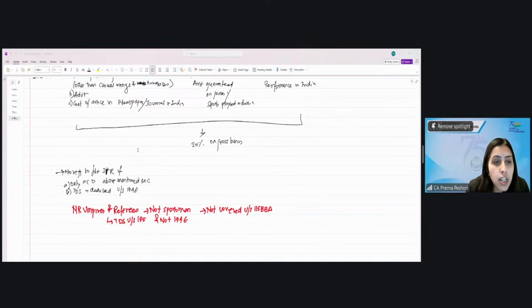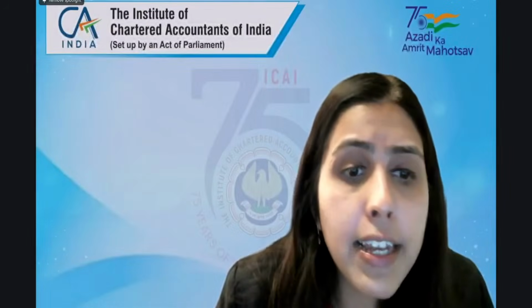Are we clear? Yes or no? Let us look at the question for this. And these are not required to file the ITR if they have only this income and the TDS is deducted